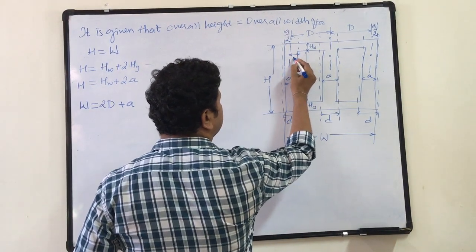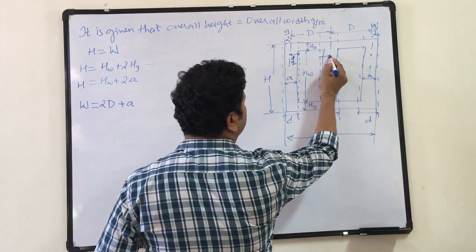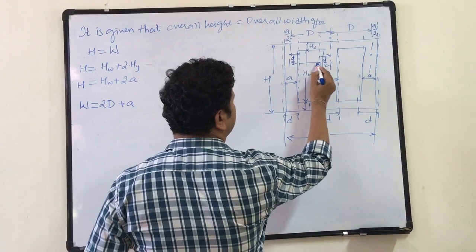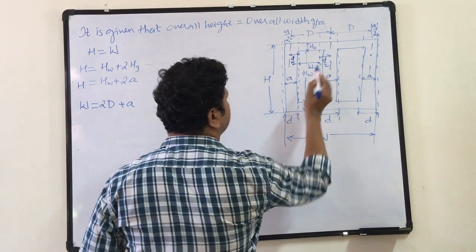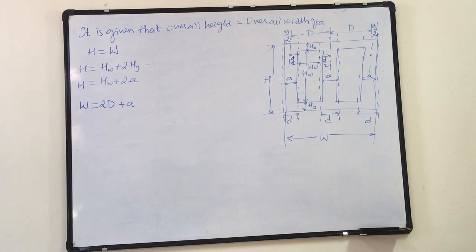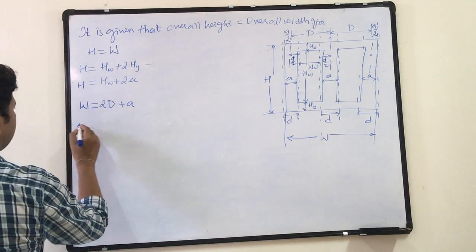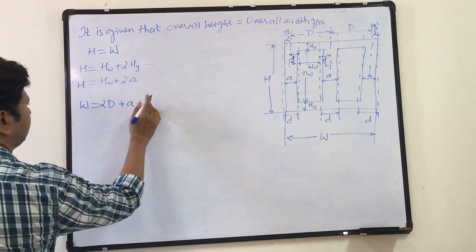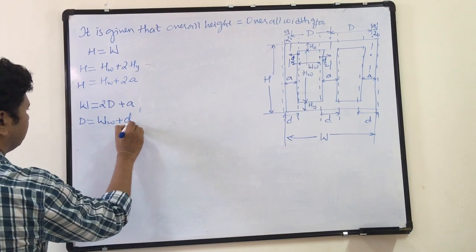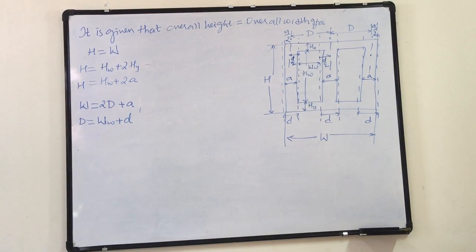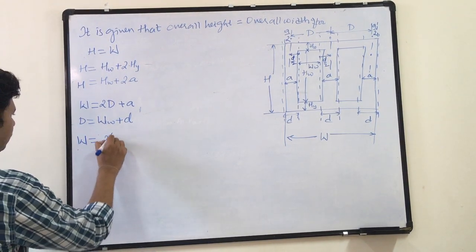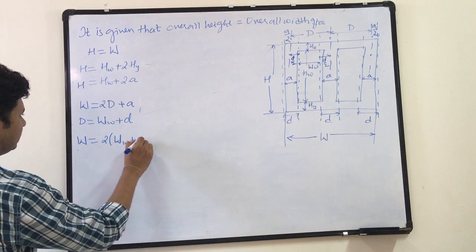Okay. This is D by 2. This is D by 2. And this is width of window. Okay. D by 2 plus width of window plus D by 2. That is width of window plus D. Okay. I will write where D is equal to width of window plus diameter of circumcircle. So therefore W is equal to 2 into width of window plus,